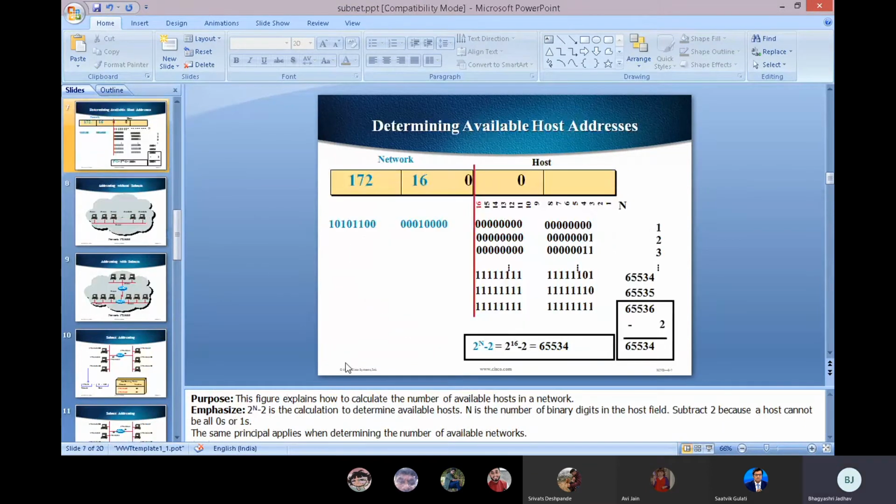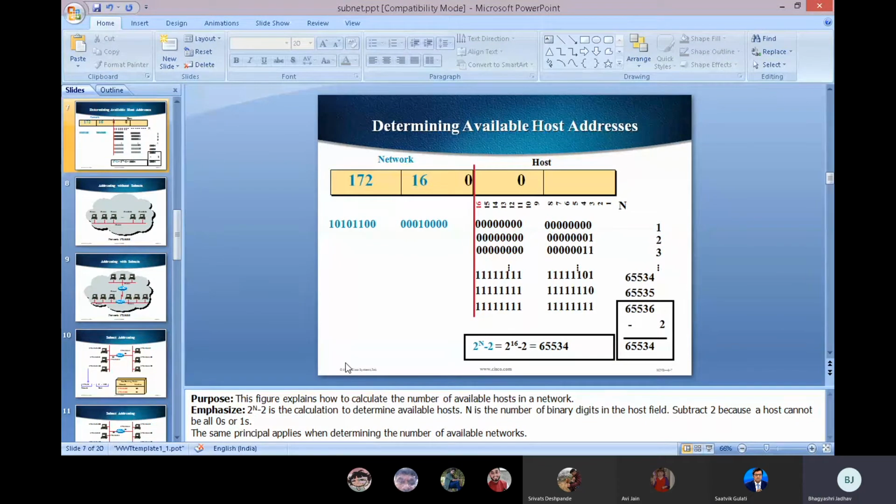See this example. The host ID starts from all zeros initially, then 1, then 2. In the place of 2 I mentioned 1, then 1 1 means 1 plus 2, 3 systems are there, till they mention the number of ones. Then the all ones are here, all ones. Then in the second host address, only 10 is there. Then how many ones are there?